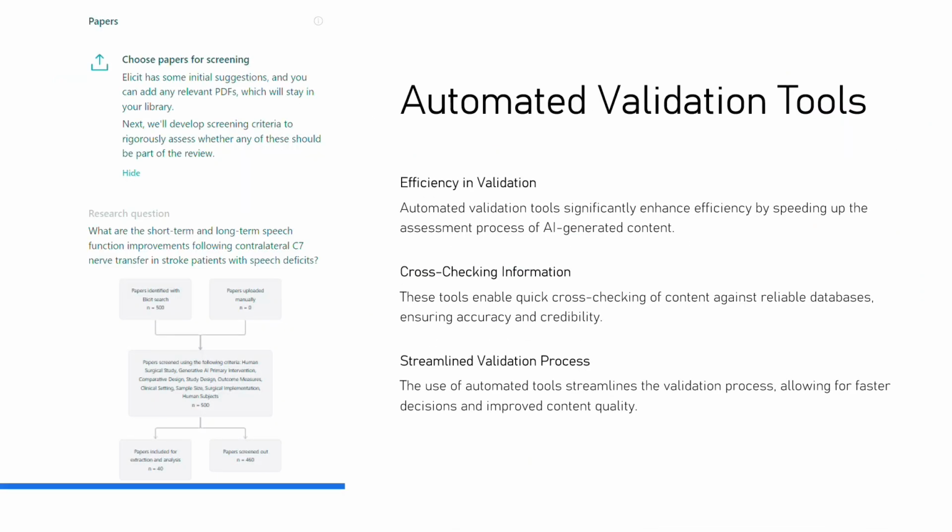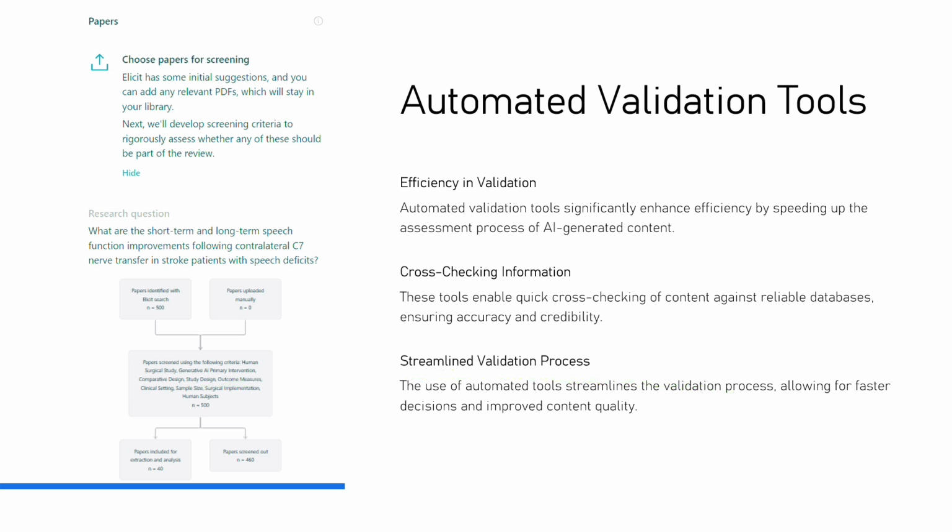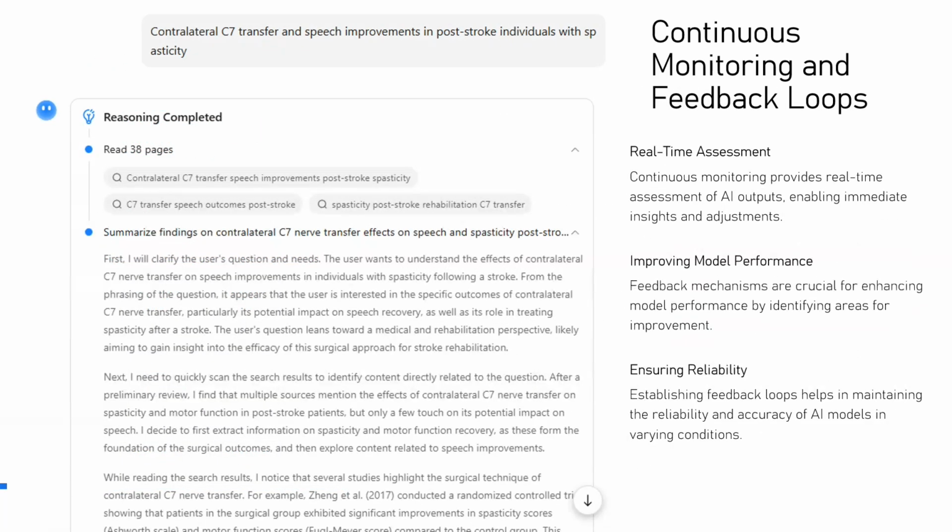So there are some automated validation tools available here. For example, I've used Elicit, which is a large language model for literature review, and you can see that it provides you steps on how it has done the validation. You are involved in the process as it automates the task of searching the literature and giving you the data extraction. Another model, a Chinese model called Kimi, shows how it provides insights on how it collected